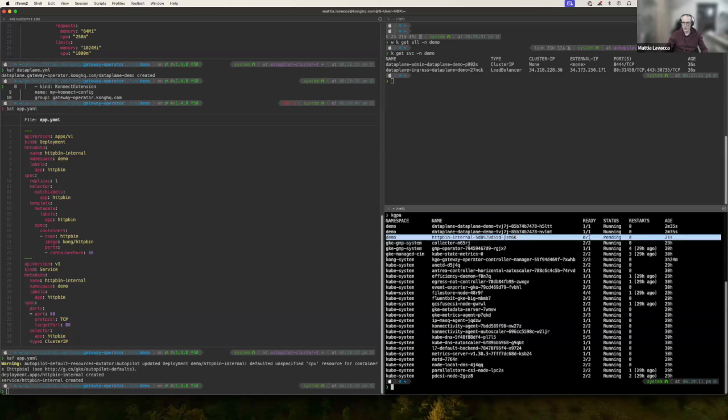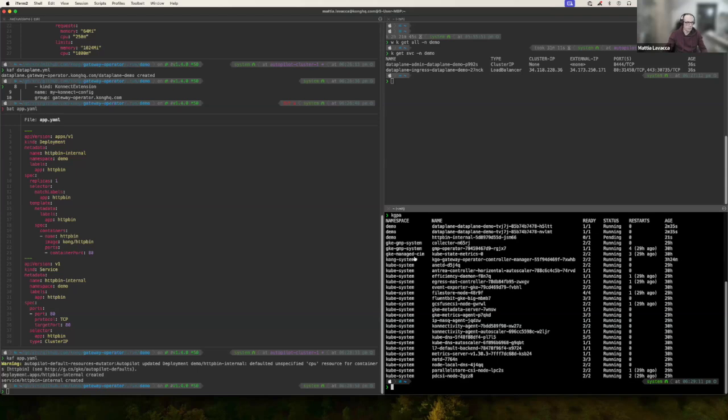We are a bit unfortunate because the pod is in pending state because the cloud provider node autoscaler is trying to provision a new node. So we'll have to wait a little bit before having the new node, because probably we didn't have enough resources in the already existing node. But in the meantime, I think that we can take a look at the Konnect UI and test some bits